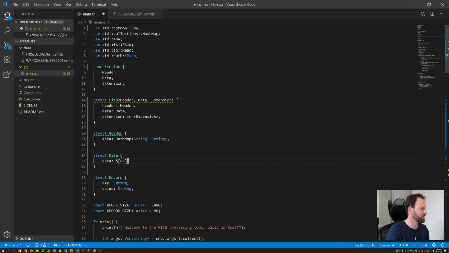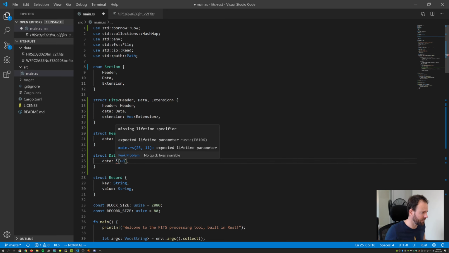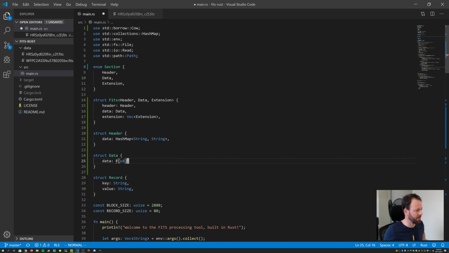Now, because I'm sort of borrowing here, that's kind of what this means. In other languages like C or C++, it's a reference. But I read this in Rust as borrow. And because we're borrowing, we need to specify the lifetime of this data. And the way to do that in Rust, and I'm not going to go through it in detail, is to use this notation and then basically mark this member as